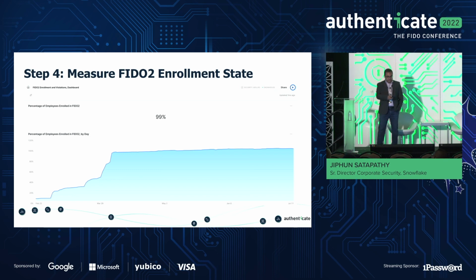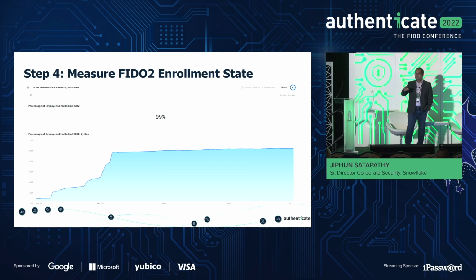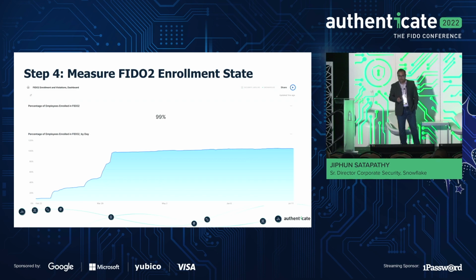And what we have seen, as you can see, is that we started around February, and in a month and a half we were able to enroll pretty much the entire company. Now we are pretty close to 100%. So everybody in the company is now enrolled with FIDO2 as the MFA, which is a great start. I don't have a chart included here, but we are also measuring the percentage of auth happening through FIDO2, and we are seeing more than 60% going through FIDO2-based MFA.